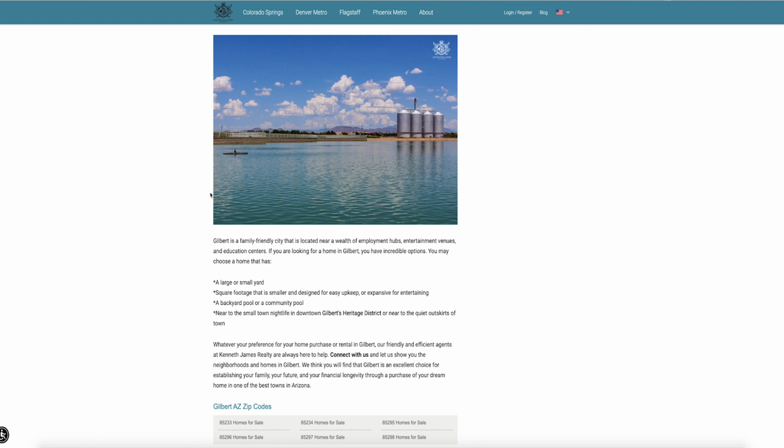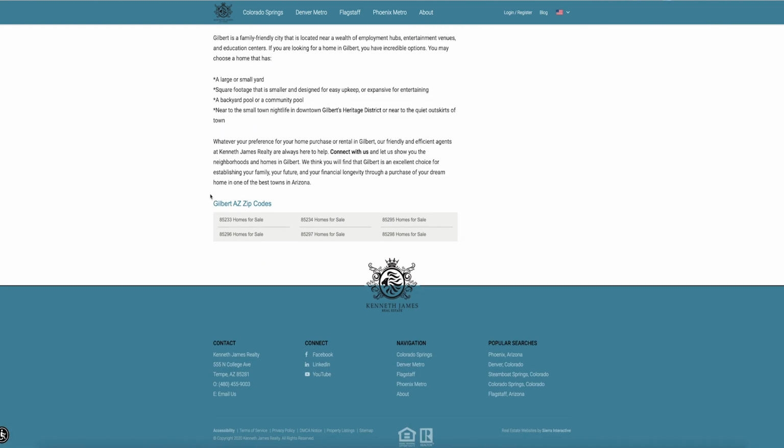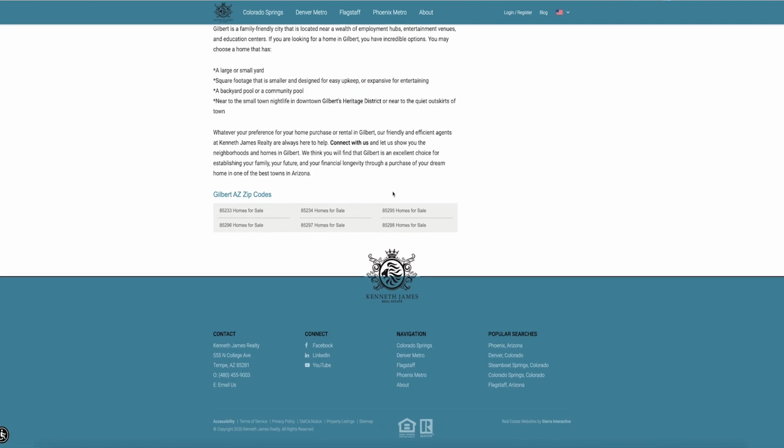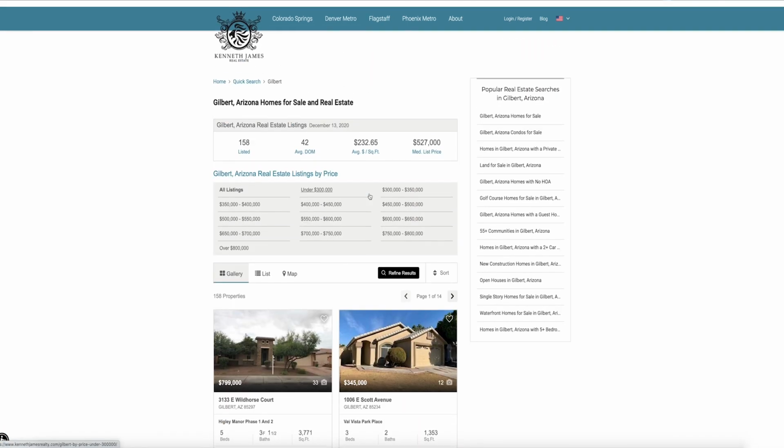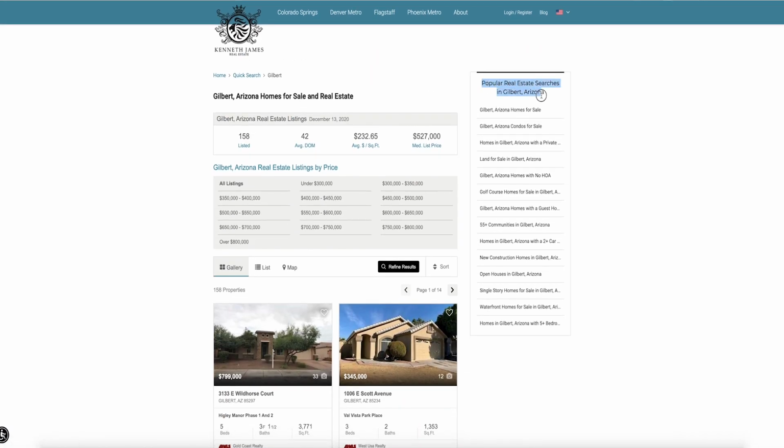Somebody kayaking or something like that in one of the lakes. That's pretty cool. Anyways, and then I've got all the little zip codes for Gilbert, Arizona homes for sale, and then on the top right here, I've got popular real estate searches in Gilbert, Arizona, and the goal here is,